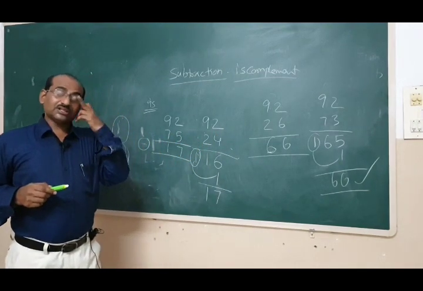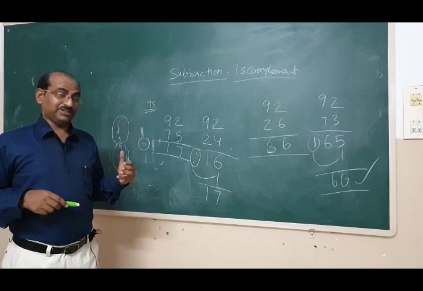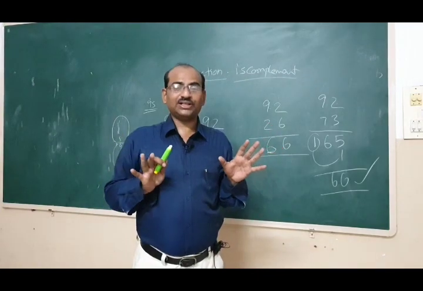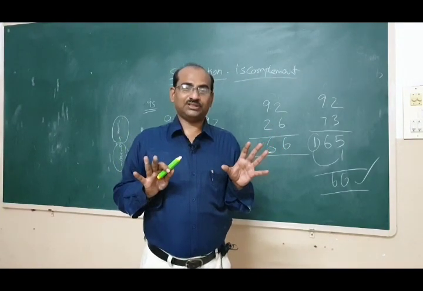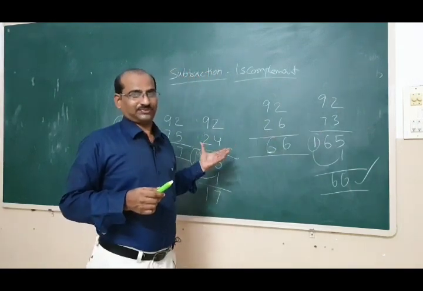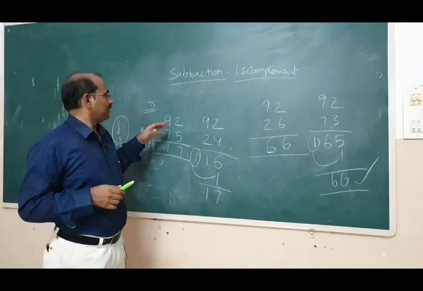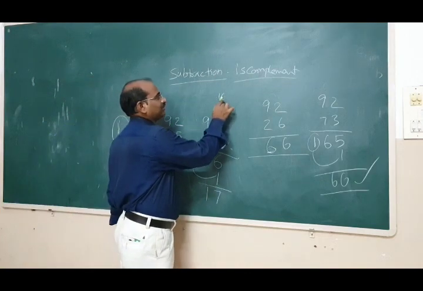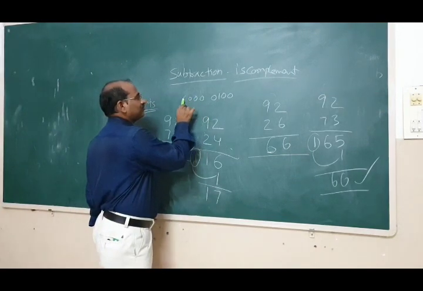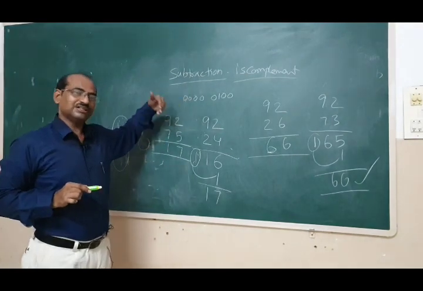Then you may ask one question: sir, how does the circuit know whether these two numbers should be added or subtracted? The thing here is, we didn't discuss the entire coding and how they do all those things. What they do here is, they don't process the coding in nibbles. They will use a byte like that. That means instead of writing 4 as 0100, which is the 4 in a nibble, they will take a full byte, and the advantage here is that the remaining bits they will use for other purposes.